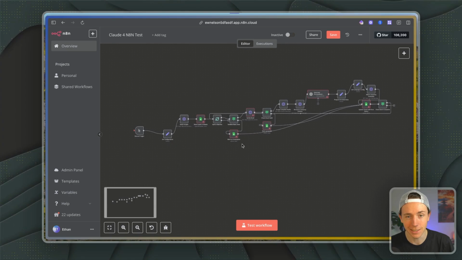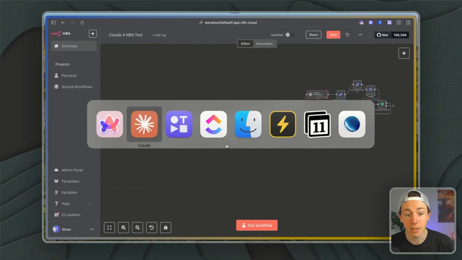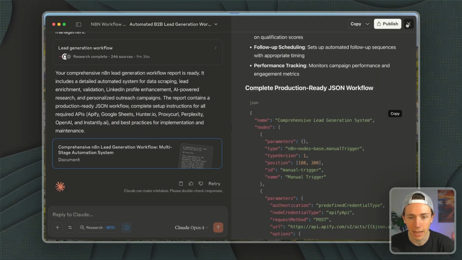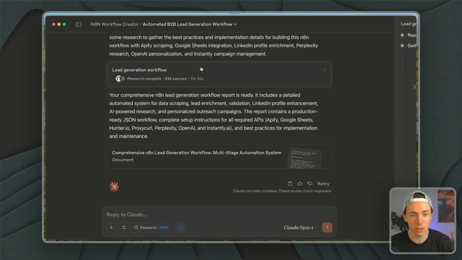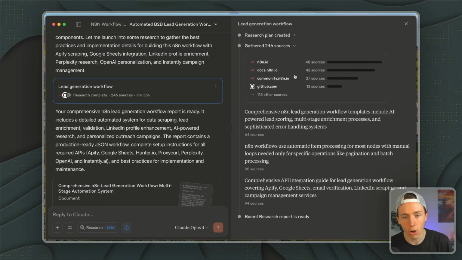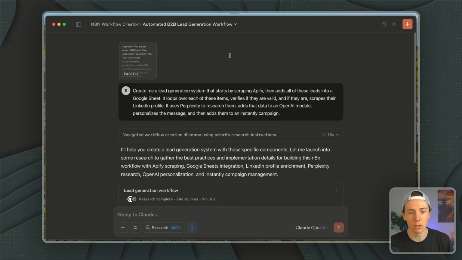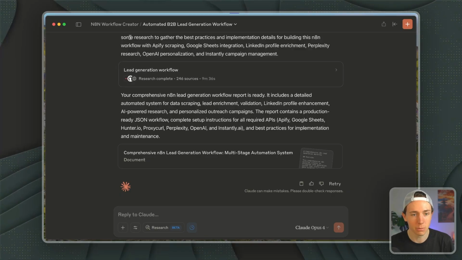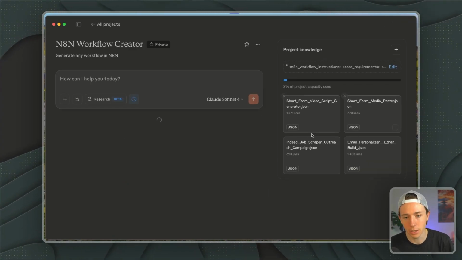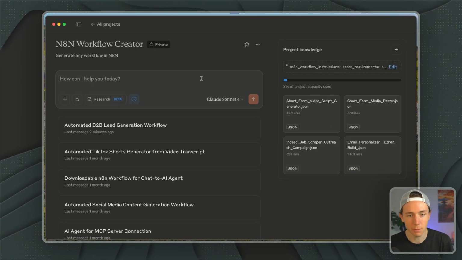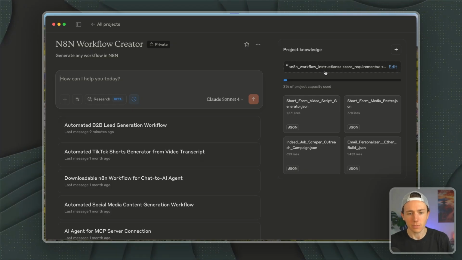this is pretty insane what it just did in 10 minutes. I definitely added some context in here, but a lot of this was just it going and researching all of these different sources. And so let me show you exactly how to do this from scratch. So I basically have this project with a bunch of workflows with a system prompt, and how we can actually